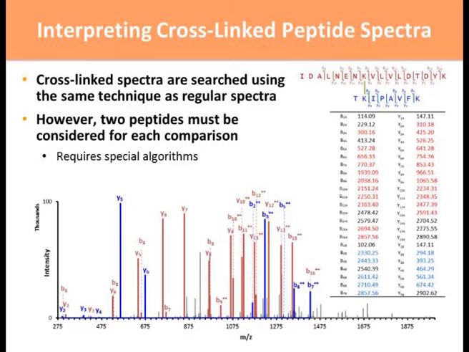And so here's an example of one of those spectra. It looks like any other tandem mass spectra, except for the fact that it's probably a bit noisier. There is a lot more peak information, and that's because both peptides are represented at the same peak intensity in the spectrum. The B and Y ions